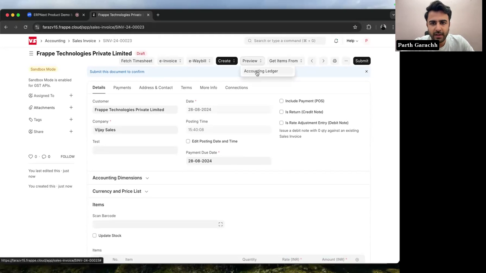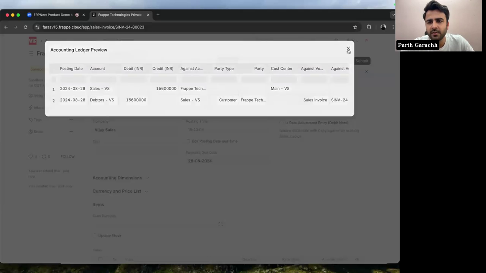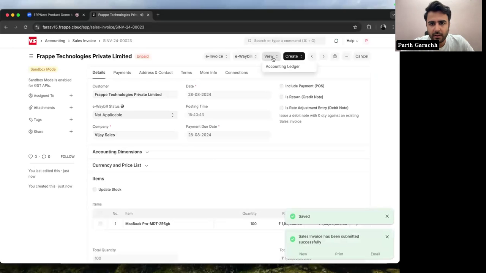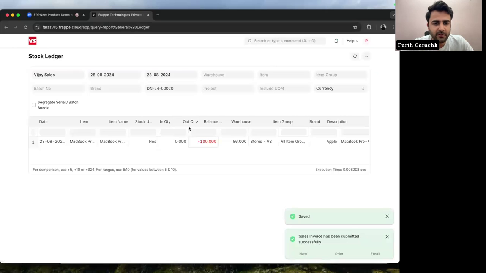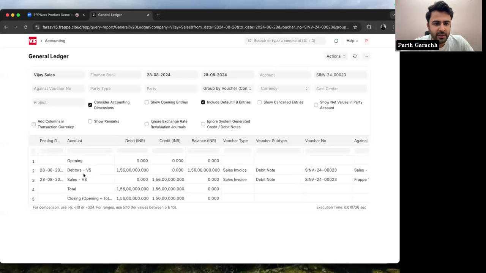If you click on preview button and then click on accounting ledger, it will show you accounting ledger preview that sales account will be credited once you submit this and your debtors account will be debited, right? So this is just an additional feature for you to know in advance what will happen once you submit this particular transaction. I'll just go and submit this invoice as well. And if you check the accounting ledger, it will post the entries for this transaction in the accounting. Sorry, I did not. Just reload this. View accounting ledger, right? So debtors account got debited just like it showed in the preview, and sales account got